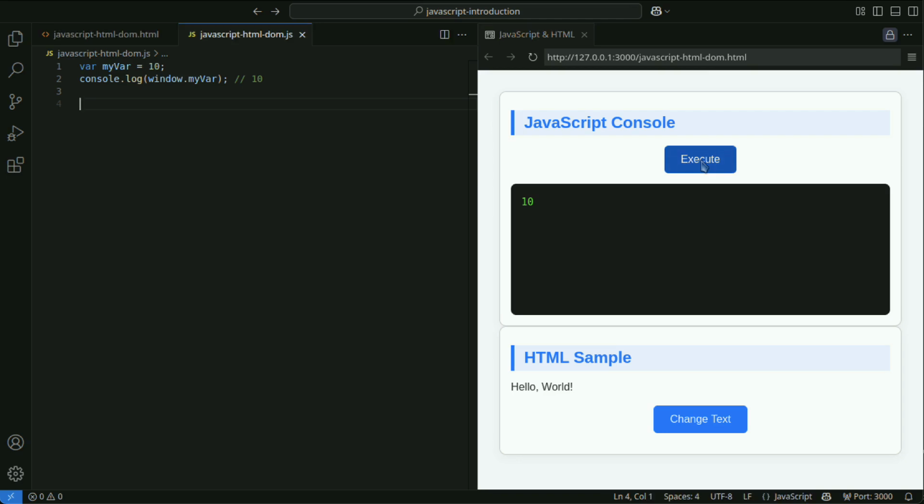The window object holds global variables and functions. In other words, declared variables and functions automatically become properties of window.